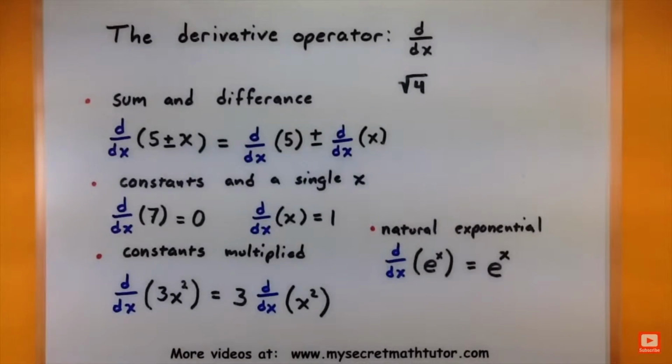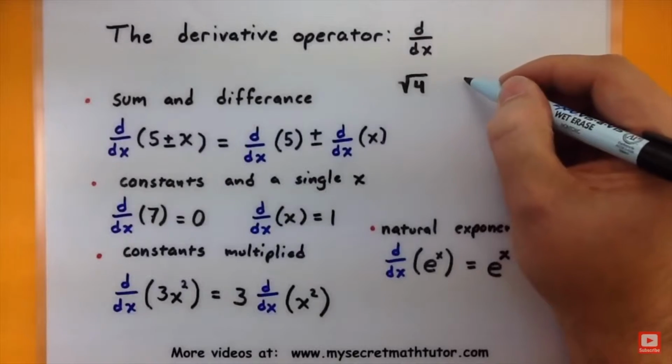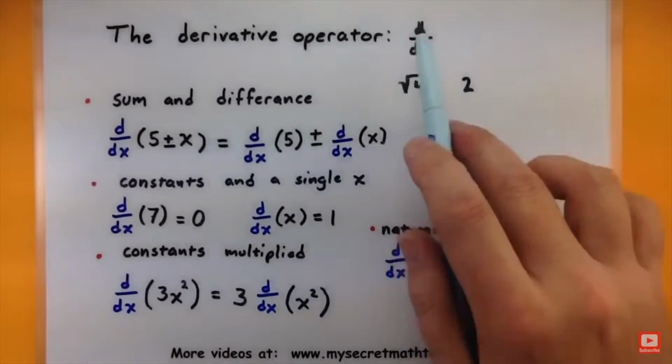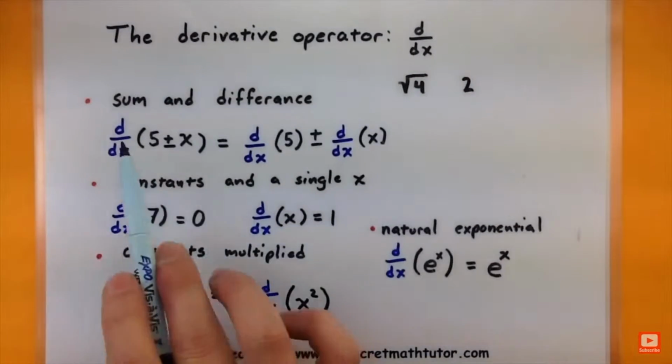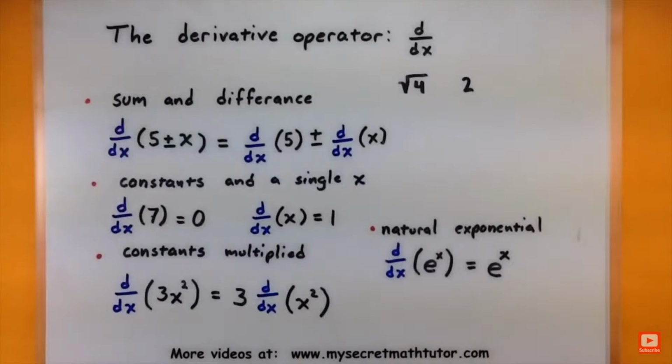Now, as soon as it's done taking its derivative, then it's completely gone. So as soon as I'm taking the square root of 4, it's also completely gone, and I just write the result. Okay, so watch for this guy to show up in many different locations. All right, let's see what we have for some of the basics. The very first thing that you want to know about derivatives is that you can split them up over addition and subtraction. So think